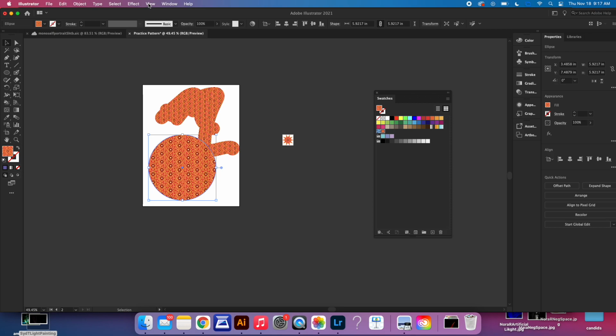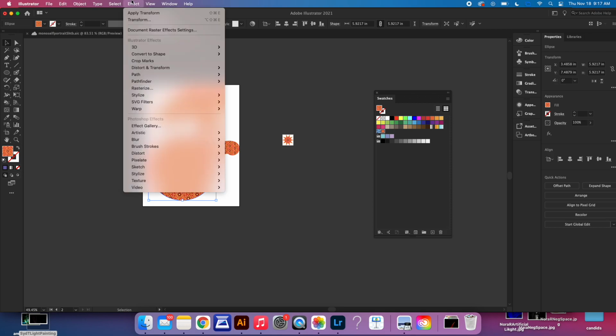If I click on my circle and go to Effect, and go down to, what am I doing? Where am I going here? I can't remember. Effect gallery? Oh, sorry. If I go down to Distort and Transform, and go down to Transform,